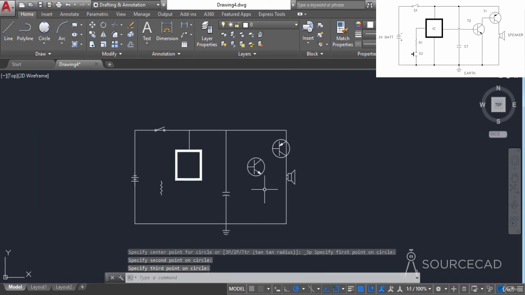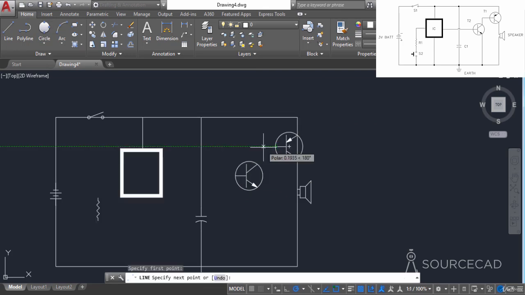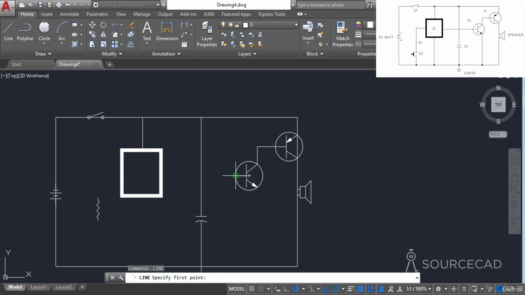So now we can add the circuit lines. So once again, I'll just go to this one, I'll click here, and I'll just make sure that it connects like this. Again, repeat the line tool, select this point, join it with the IC, and again repeat line,